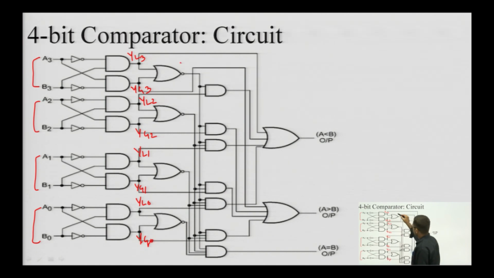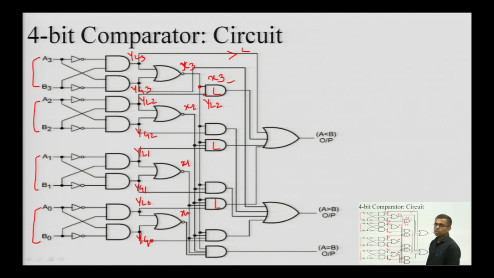You can check that these are actually x3, x2, x1 and x0. When the appropriate products are generated, we can see that this is a product of x3 and the second value, which is this YL2. This will help me in generating the lesser product. Similarly, this one will also help in generating the lesser product. Similarly, this one also, this one also.